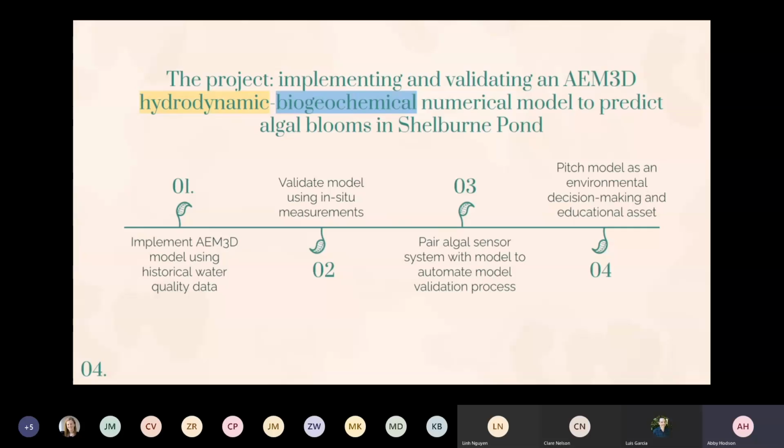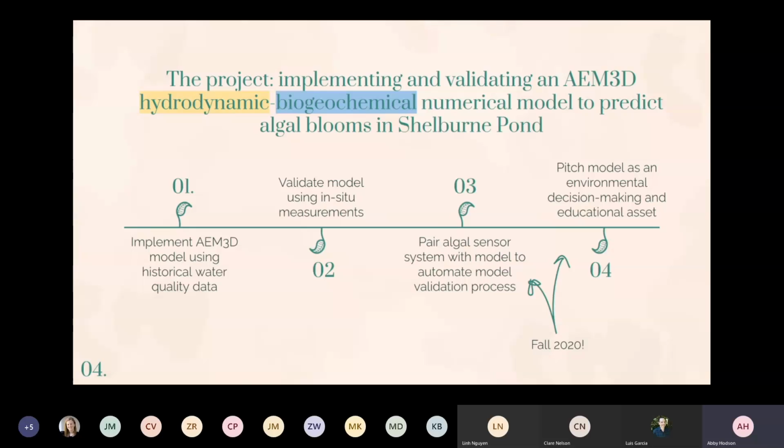As you can see from this little timeline, the first half of this project occurred this summer, and that was implementing the model and then validating it using actual measurements. When I say validate, I mean comparing the predictions of the model to real measurements to see just how far off we are. The second half of this project is ideally going to occur this fall as part of my honors thesis,